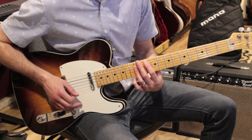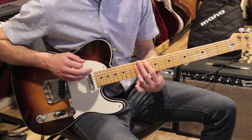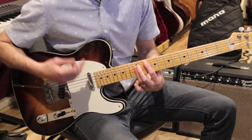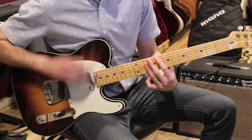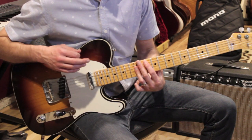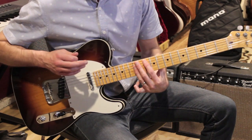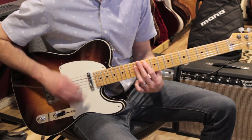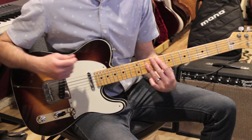So rest on 3, up strum on the and of 3, rest on 4, up strum on the and of 4. 1, 2, 3, and 4, and then we tie that over to the next measure and we play 1 and 2, 3, and 4, and. So that's the and of 1, 1 and, then 2, then we rest, 3 and then 4 and. So 1, 2, 3 and 4 and 1 and 2 and 3 and 4 and then we start again,